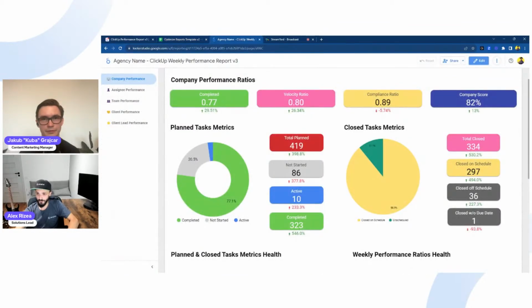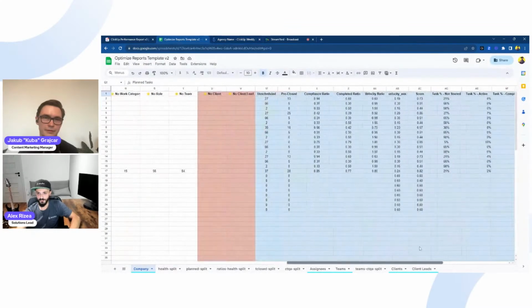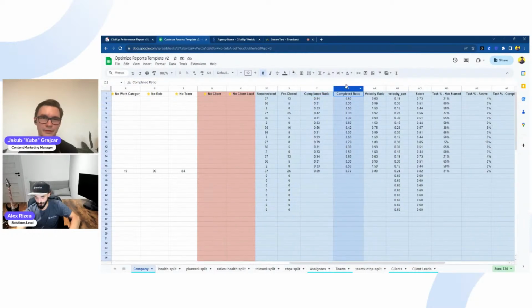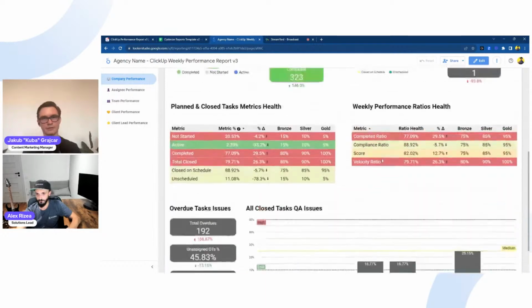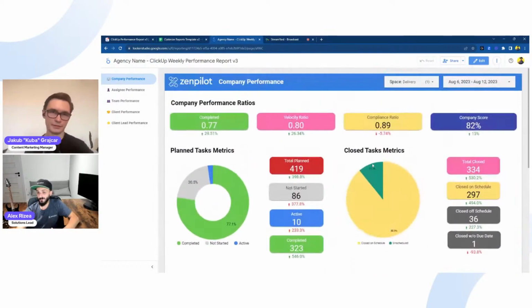So that's how we got this, the company score. It's a very advanced calculation of all of these three ratios, which again is made in a Google spreadsheet, which can handle these things where you weight the compliance ratio, the complete ratio, the velocity ratio, which can be quite crazy, and we get it here at the end of the day. So we can properly track your performance the way you want, and this works fine with time tracking data as well. So if you want to track your estimated versus actual time per client, you can do a lot of that like this as well.